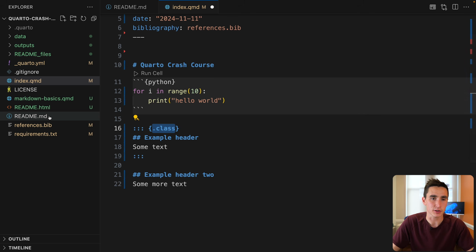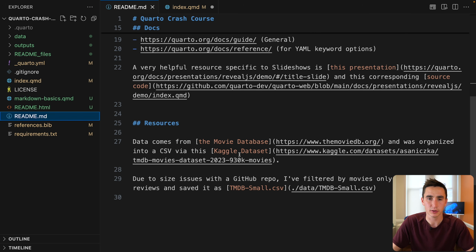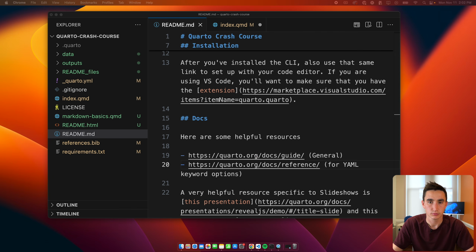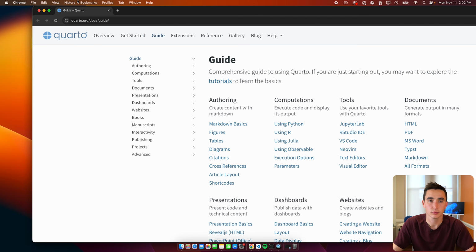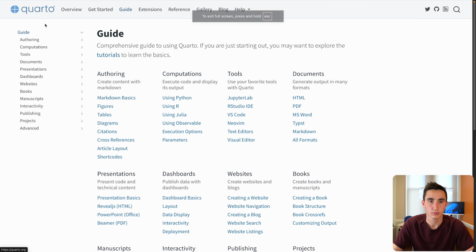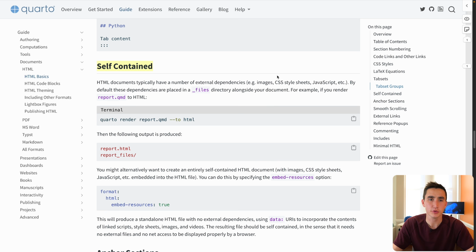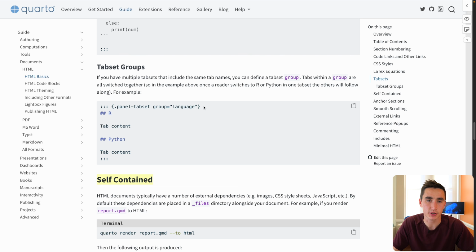And in the README, there's a page that I find quite helpful, which is